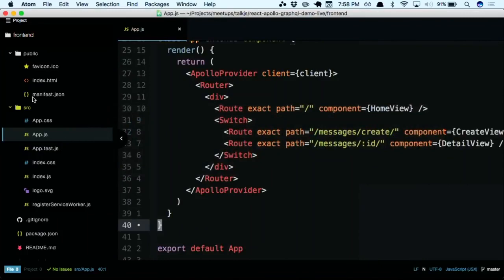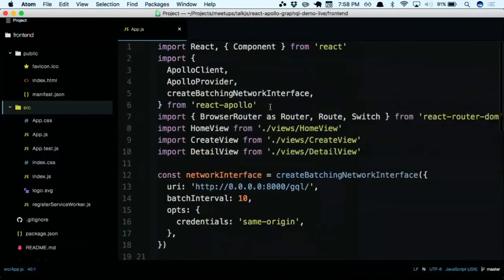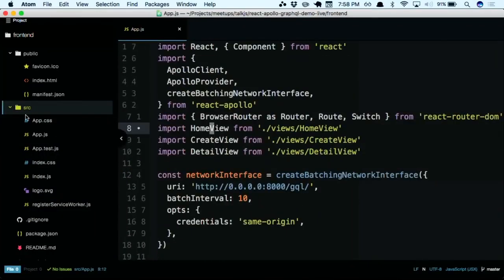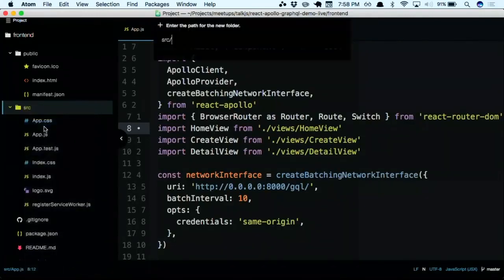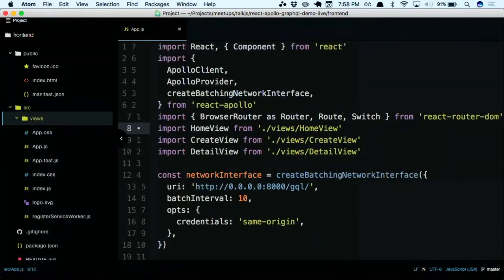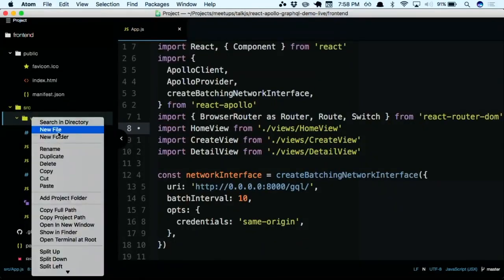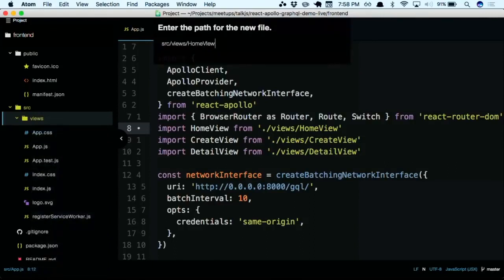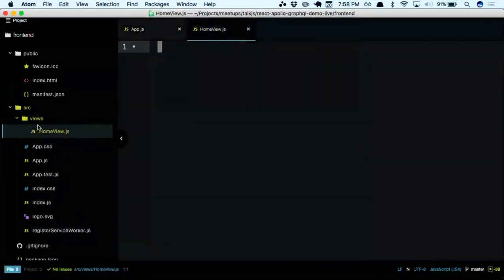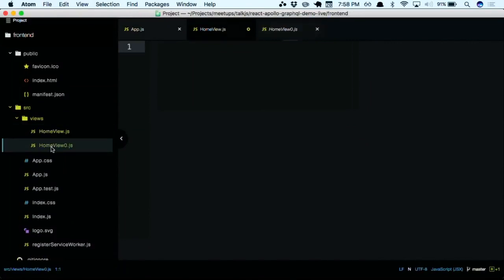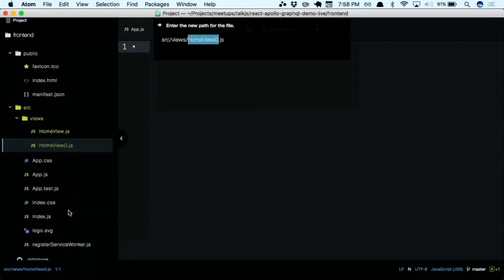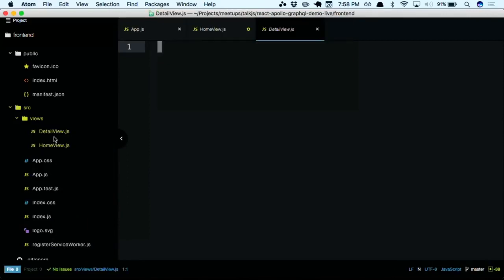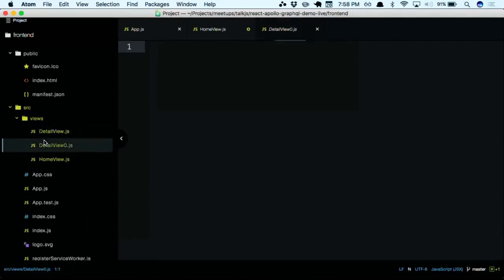Okay, so this will still not work because we have been importing 3 files that don't exist right now. So I create a folder, views, and I create 3 files: home view.js, and detail view,